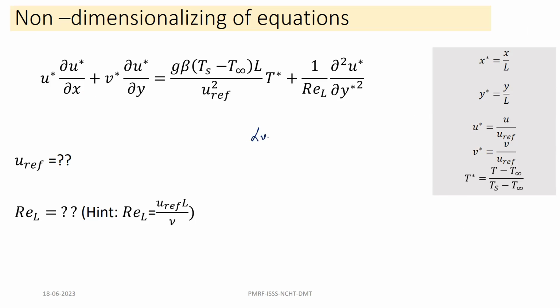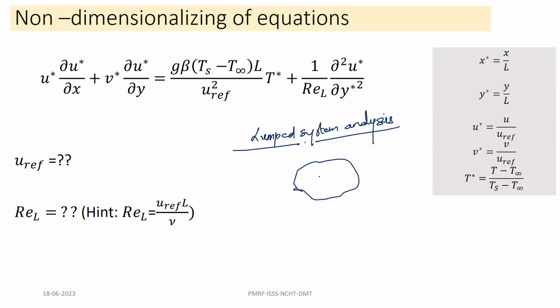So in our lumped system analysis, I think you are familiar. In lumped system analysis, if the body is there, we assume every property in the body is only a function of time, all the thermal properties. It's not a function of space in the body. So there, what we will do? We will just write